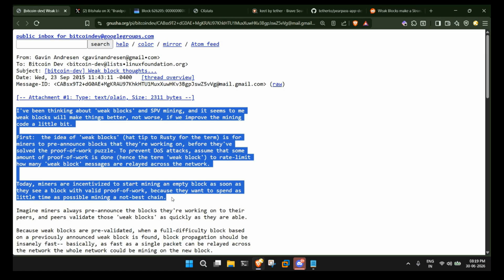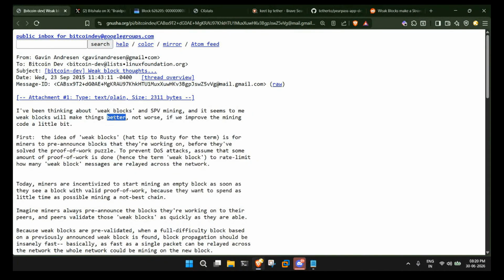So he's saying, I have been thinking about weak blocks and SPV mining, and it seems to me weak blocks will make things better, not worse, if we improve the mining code a little bit. Why is he saying it makes things better? Because there are two problems in mining. One is